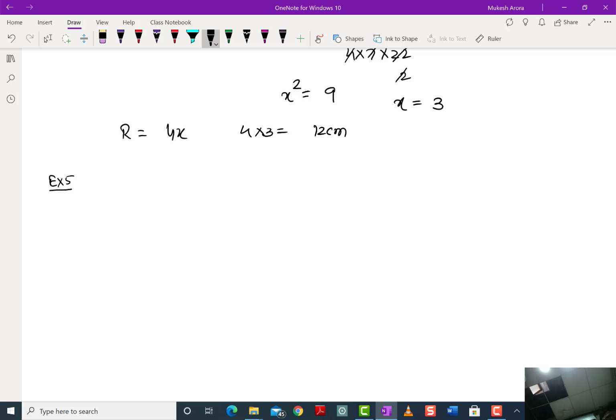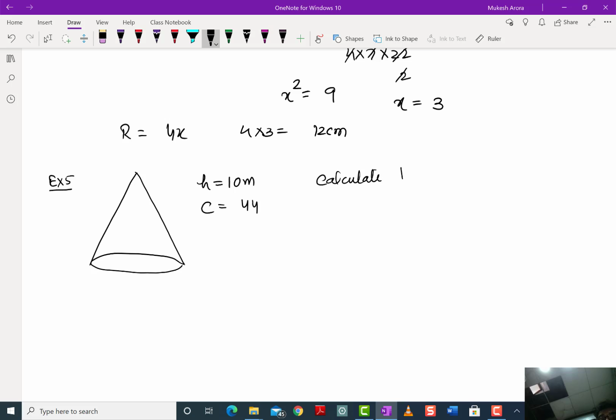The circumference of a base is 44 meter, height is 10 meter. Calculate the length of canvas required for making a tent